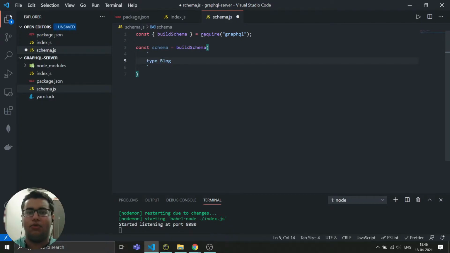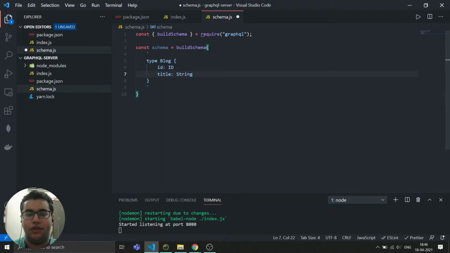We will be creating a blog type, and in the blog type we will be having certain fields like id, which will have the type ID, like ID, String, Int, Boolean. These are the predefined types by GraphQL. So we will be using id, then we will be using title, and make sure to put no comma.